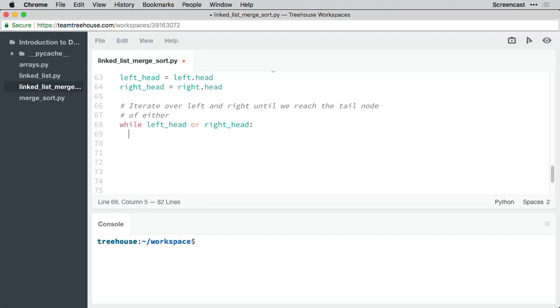The first scenario we'll consider is if the head of the left linked list is none. This means we're already past the tail of left, and we can add all the nodes from the right linked list to the final merged list. So here I'll say if the head node of left is none, we're past the tail. Add the node from right to merged linked list. So here we'll say if left head is none,